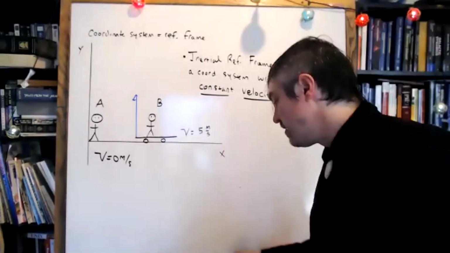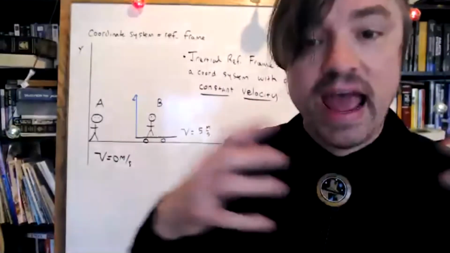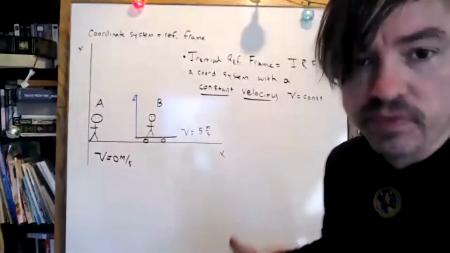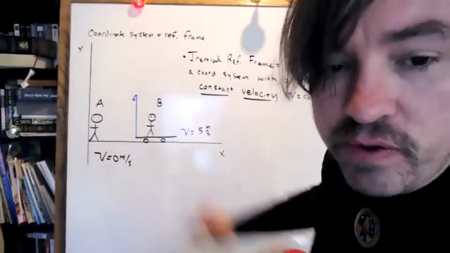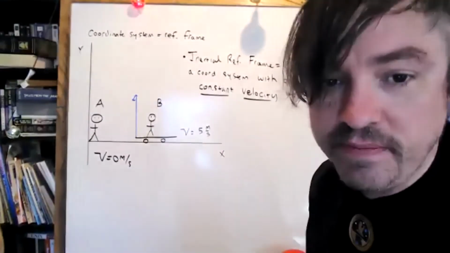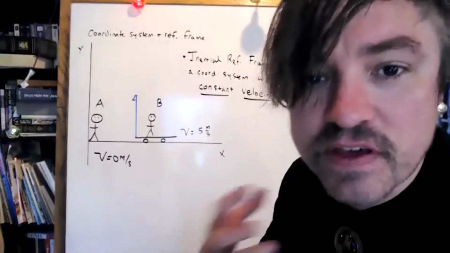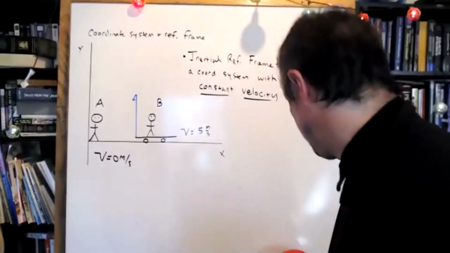Okay. Now you guys know what an inertial reference frame is. I now need to talk to you about how we add and subtract motions. The issues of relativity come about because there are two observers, both in inertial reference frames, but different inertial reference frames, and they have to describe the same sequence of events, and that's when things start to get confusing.